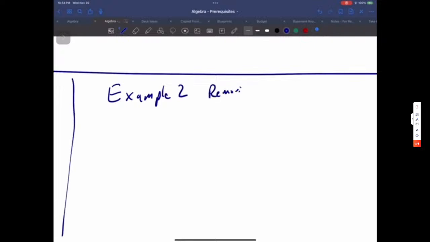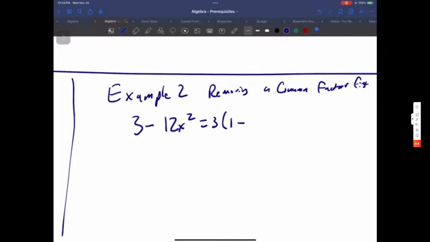Removing a common factor first. I'm not too concerned with the handwriting there because what's more important is the math. These are examples. These will be redone in the slides anyway. 3 minus 12x squared is equal to 3 times 1 minus 4x squared, and that's equal to, so look, we took out a 3 first, and then what do you notice about this